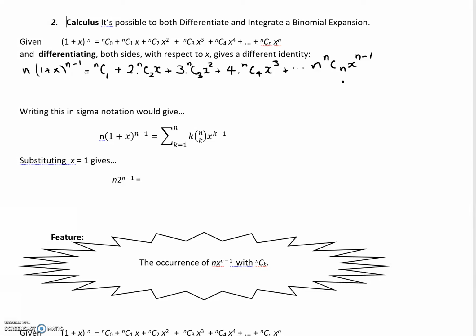Sometimes this identity is written in sigma notation. Now, it's not the only identity that could be written that way. There's nothing special to these particular types, but if it is written in sigma notation, note that the k value starts from 1, which is also, I guess, the feature here in the identity, that the counter of the coefficient was at a 1. And you could say, oh, but hang on, back in